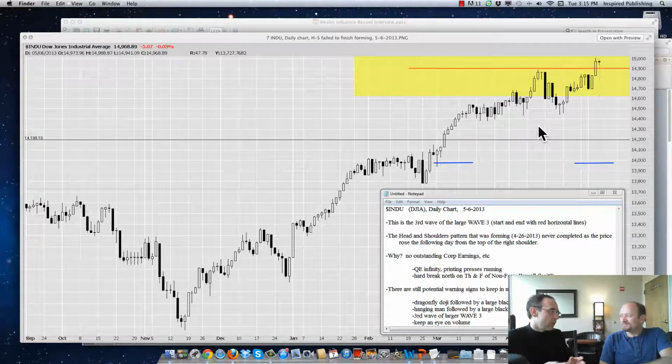Well, yeah, and then we went from these little various programs. I'm not going to name them all, but then we went into what they now call QE infinity. They quit numbering them. They just said, look, whatever it takes. We're just going to do whatever it takes. Pedal to the metal, man. We're going to pump this up, and no matter what it takes, it's going to be pumped.